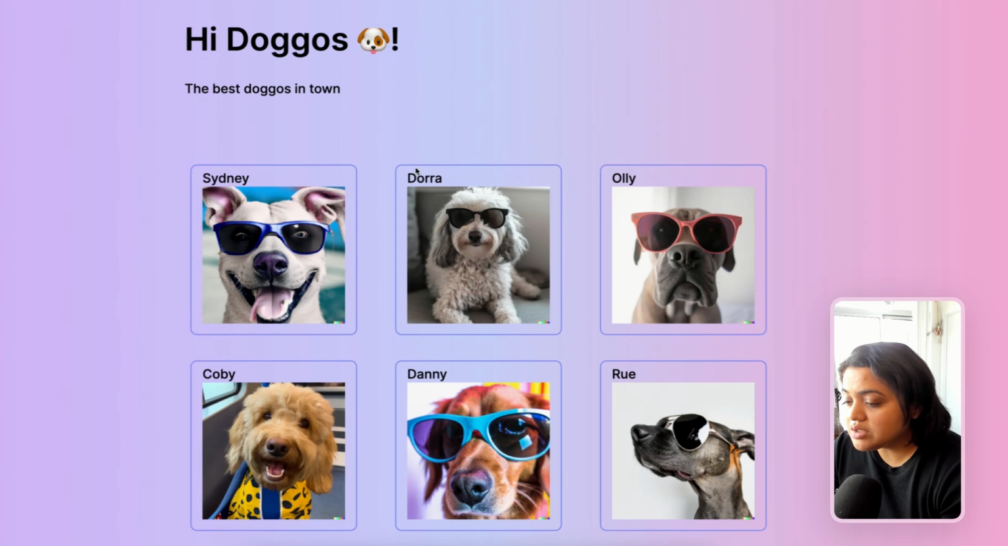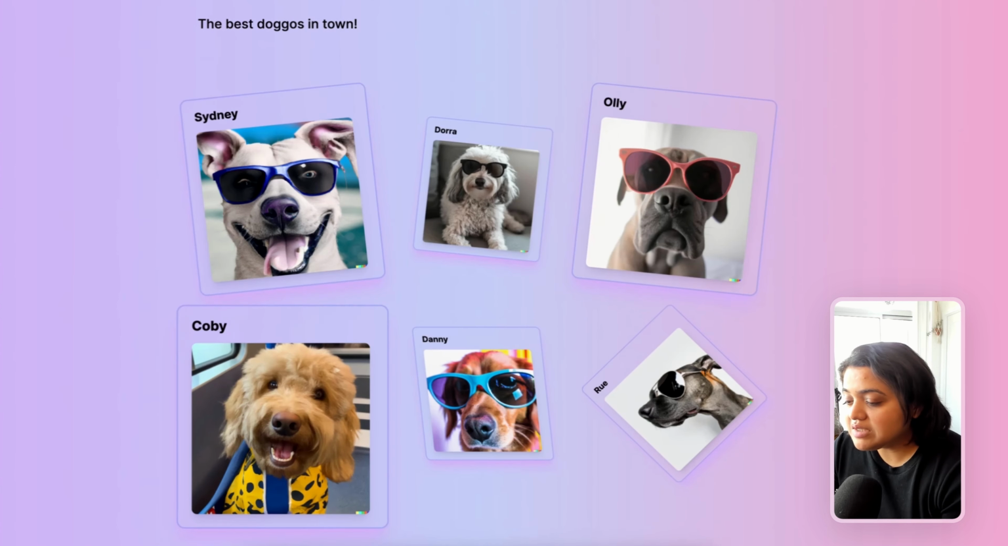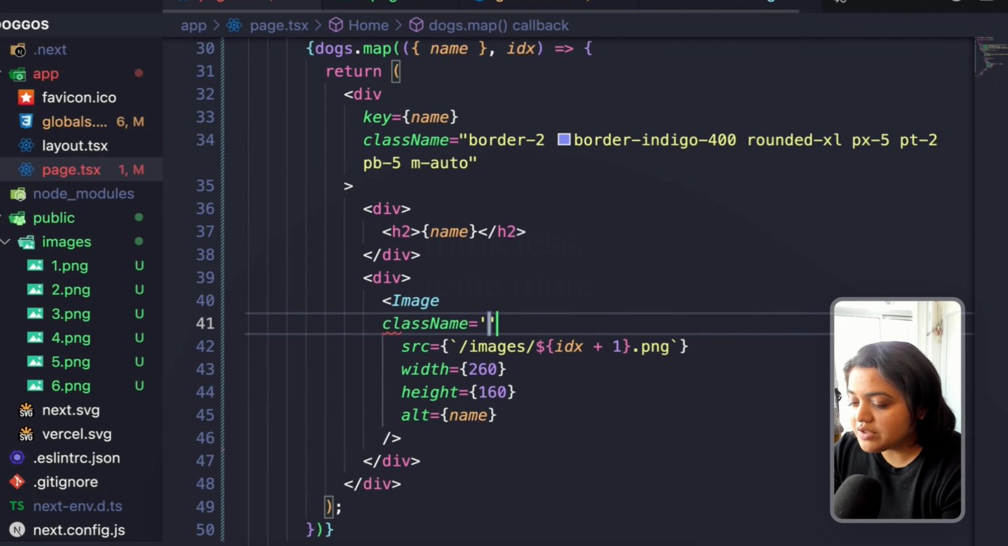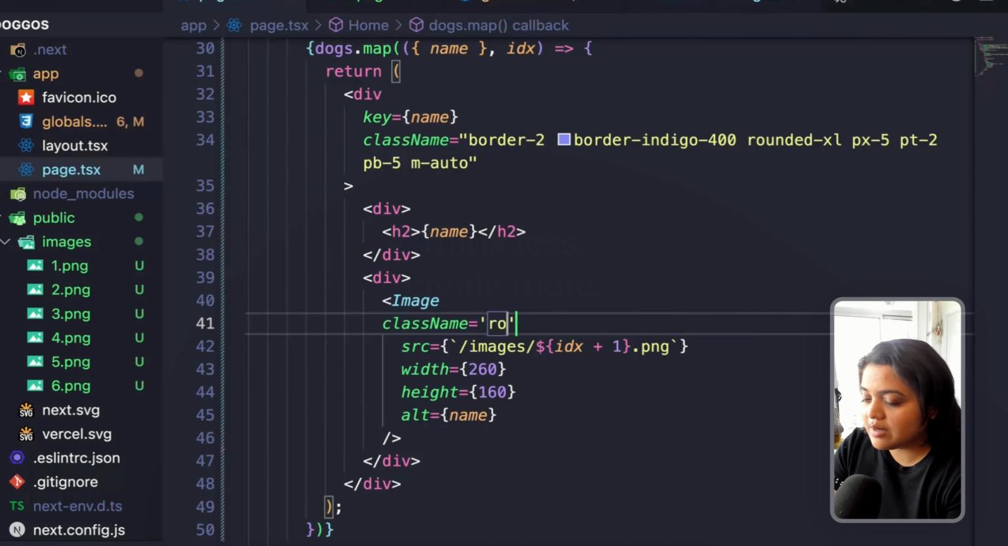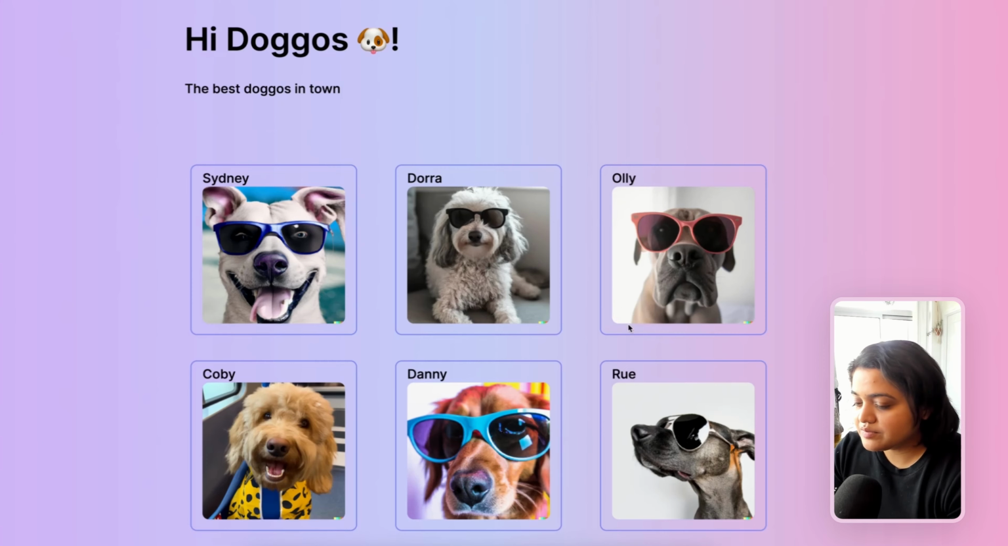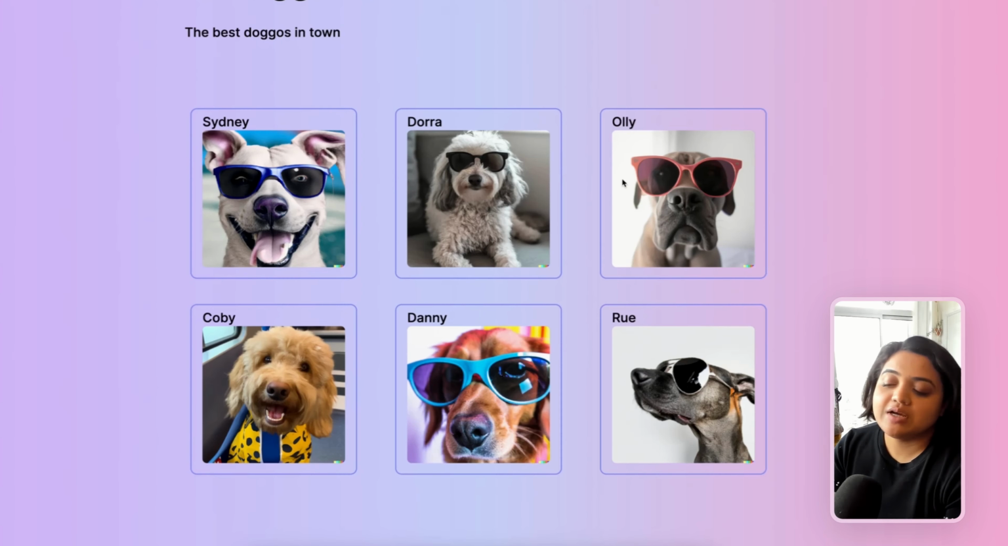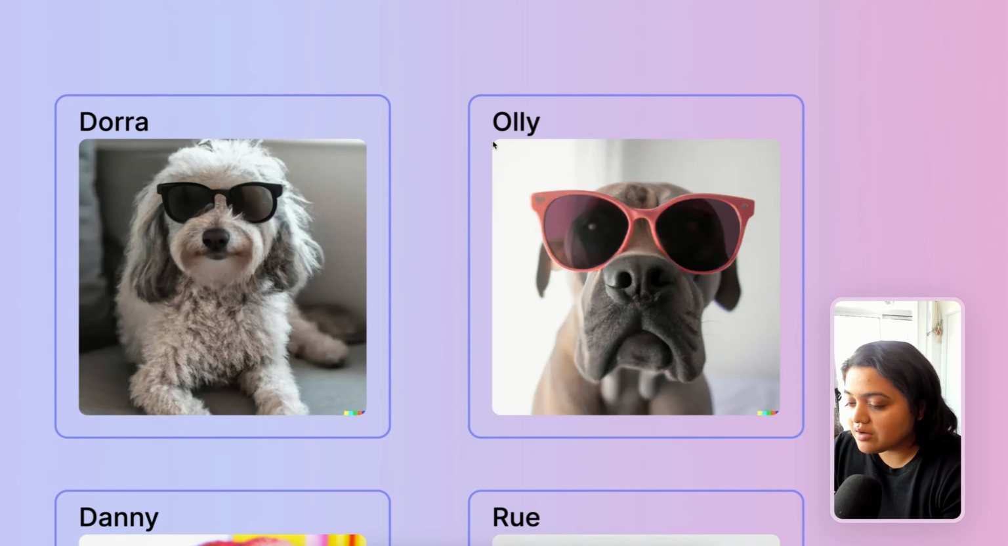Now, what we could do is we could also do the same for the images as well, because like we see over here, we also have the images curved. So similarly, we could just add a class name here to the image, and then we can say rounded XL. Maybe this is too much, so we can say rounded large. And there you go. So rounded large has also rounded the images in general, as you can see right here,